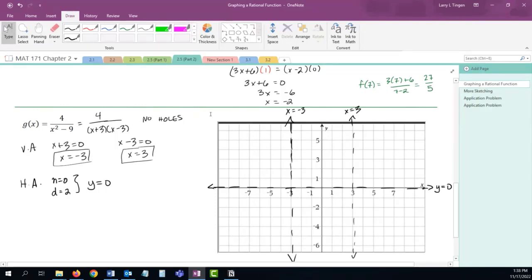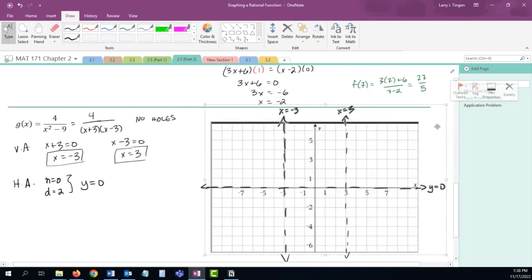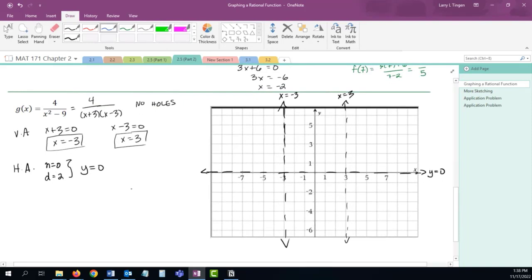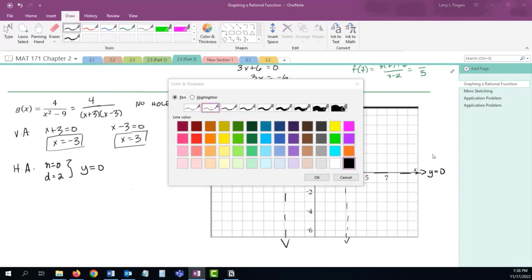Okay. I just kind of noticed that in the previous problem, all of this was blue. So we'll make sure that works out later. Okay. So vertical asymptotes are done, horizontal asymptote is done, no holes exist. So let's keep moving. Next